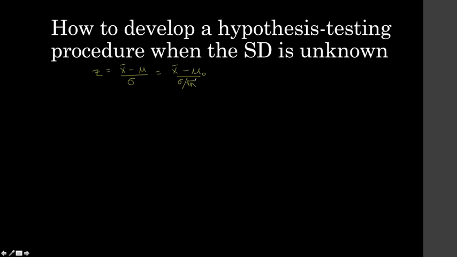So suppose you have to use a sample and the population standard deviation is unknown here. Well, we can take our population, and if we take the sample standard deviation,